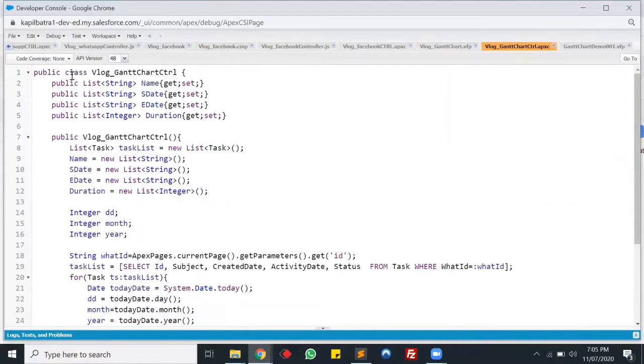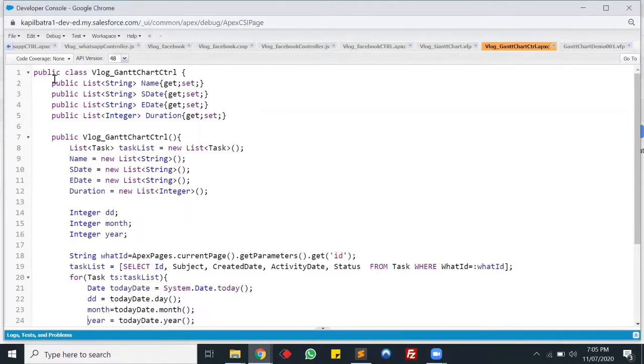Okay, so guys, in the Apex I have some lists here because I will be sending these parameters to my VF page. I don't know guys, somehow I was not able to send the complete object into my VF page, so I decided to send it one by one because there were only a few parameters. But you can also try it, if you can get the complete object into your Visualforce page, you can just directly get the data using the object.